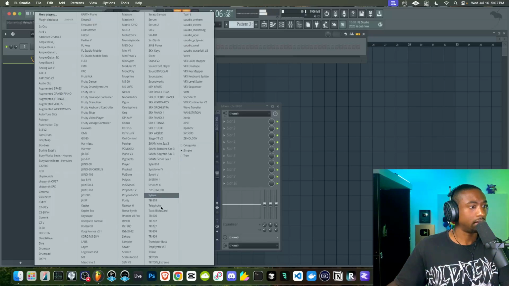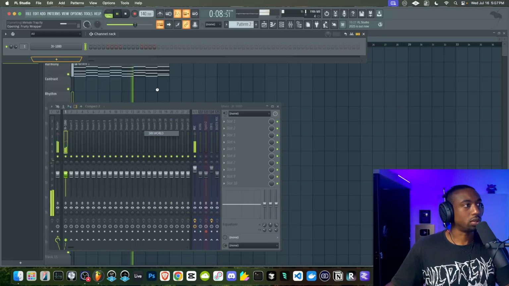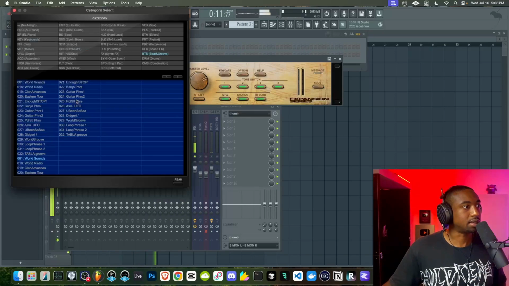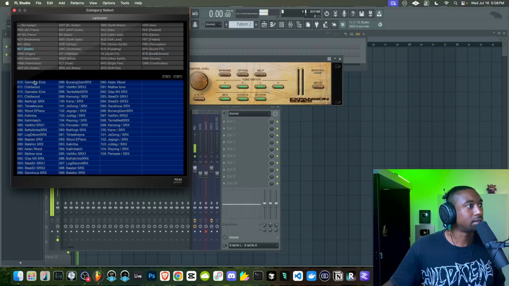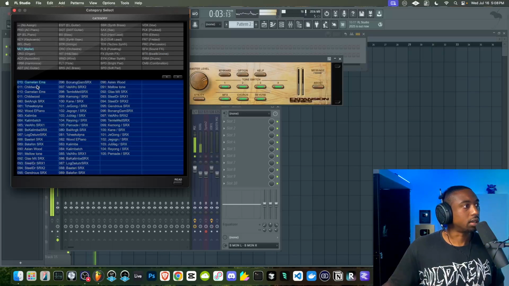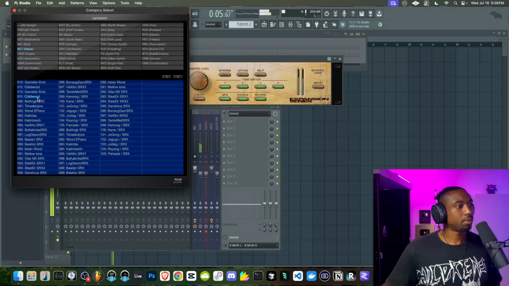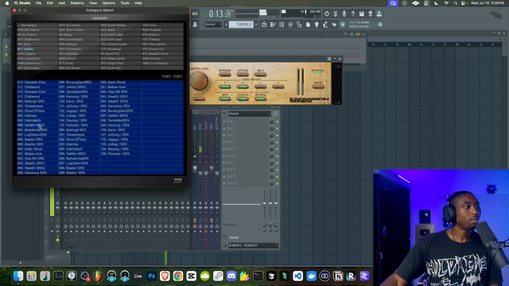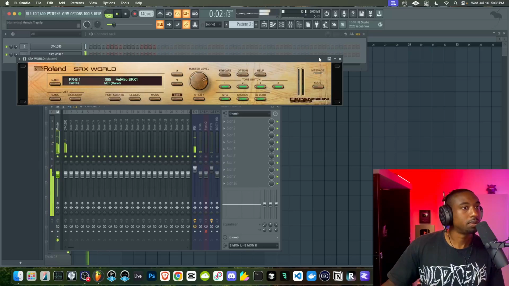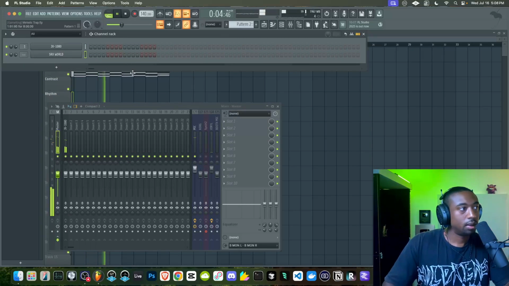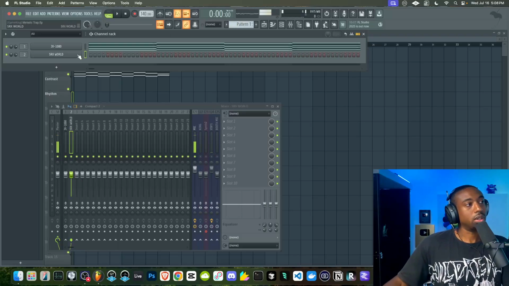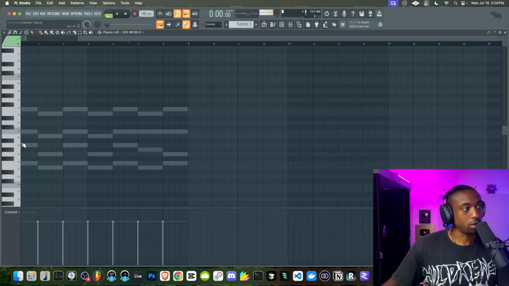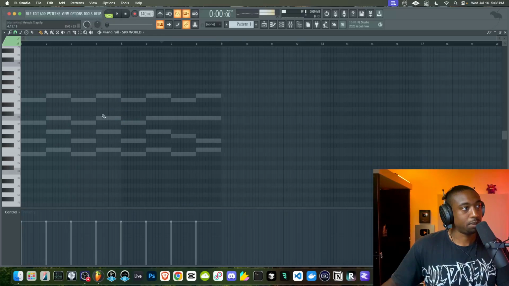Let's try the SRX world. And let's just use some of these exotic sounds in here. Let's try either mallets or we could try guitar sounds. Okay, so here's a cool sound. All right, so what you guys could do if you want to do a cookie cutter approach is you could open up your piano roll and use these as templates, so you could stick with only these notes.